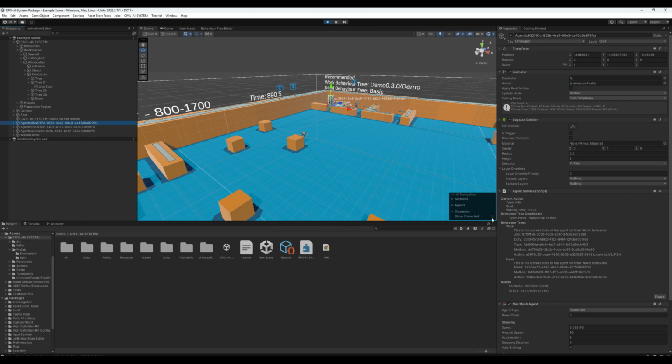These other agents are currently dealing with their hunger, because that's their highest weighted action currently. Sleep is not high enough, so that's the current need that is taking place and it's dealing with. And that's because the work is currently outside of their working hours, so they won't actually go and do